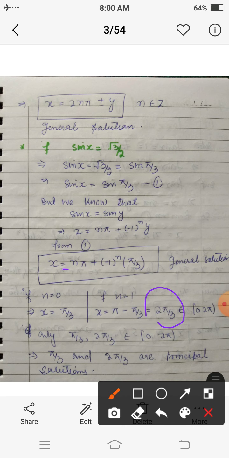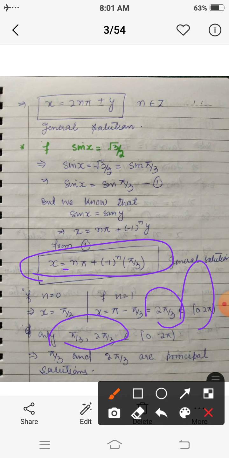Now if we put n equals, suppose, 2, it is 2 pi plus minus 1 raised to the power 2, that is plus pi by 3, that is 2 pi plus pi by 3. So this means its value is greater than 2 pi, hence it does not belong to this interval. So if we put n equals 2, 3, 4, the value lies outside this interval, hence at these values of n the principal value does not exist. So we can say that these are the only two principal values for this equation,